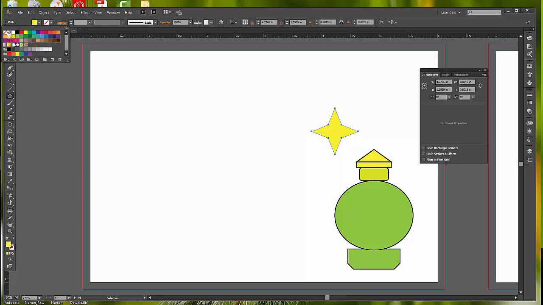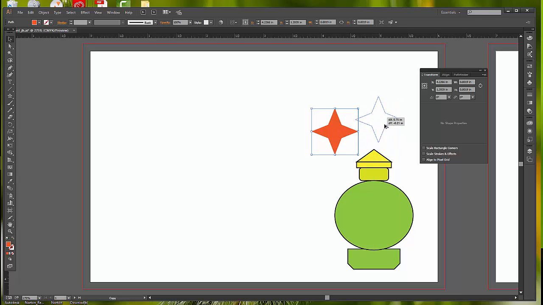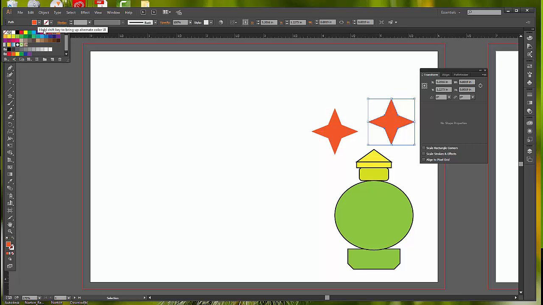And if you want the exact same orange, it's going to be, let's see, cyan 15, magenta 100. That's not it first. And then I'm going to escape out of this. I'm going to pick up my selection tool, click on the star, and hold down my Alt button, click and drag to make a second star and place it. And now that one I'm going to go up and make red,